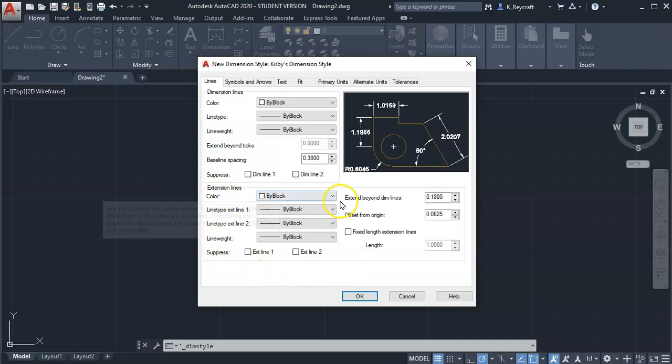Extension lines have the same appearance-based options: by block, by block, by block, and line weight. The extension lines are the lines that extend from the object being dimensioned up to the dimension line and beyond. We've got suppress extension line 1 or 2, so maybe we don't want to see one extension line or the other. Typically we will want to see them both, so neither of these are checked off. Extend beyond dim lines is this part of the dimension line. Offset from origin is the gap